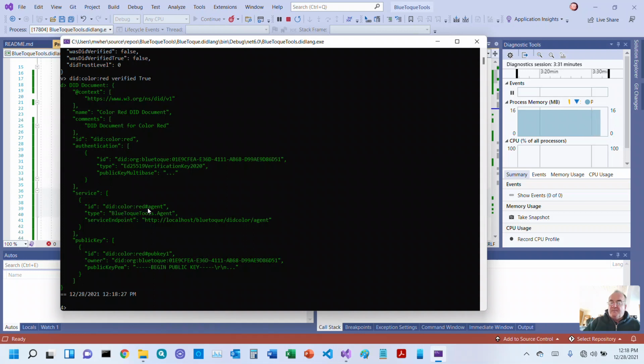did::color::red#agent. It's of type BlueToqueTools agent. BlueToqueTools is just the name of this particular demo project. And the service endpoint exists at localhost BlueToque did::color agent. That's just a little bit of a made up service endpoint, but it allows me to find the agent for this object